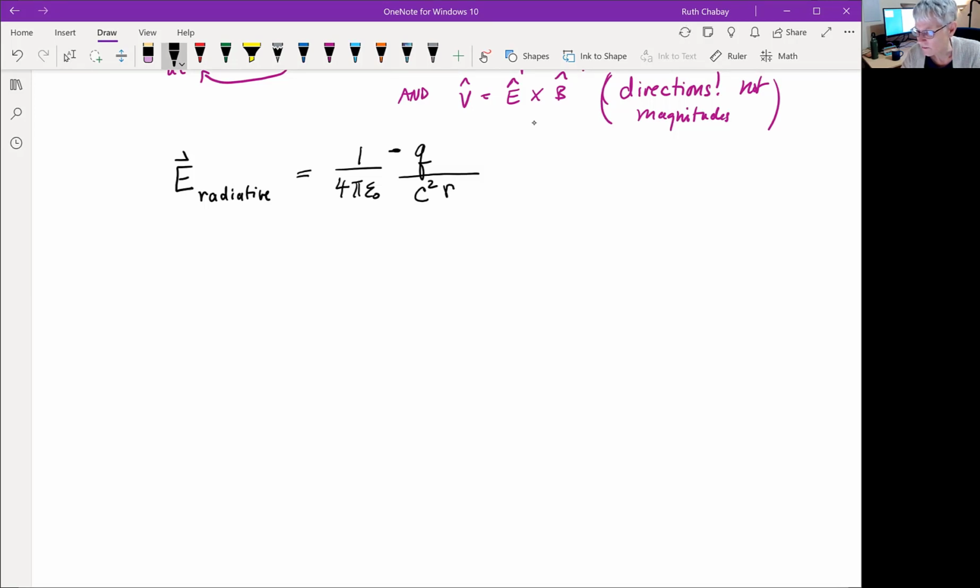And then we have some funny things. We have a minus, okay, we know about minus signs. And there's an a perpendicular, where a is the acceleration. So a is dv dt. We know what everything else is. We know what c is, we know what r is, we know what q and 1 over 4 pi epsilon 0 are. So what is this a perpendicular? Well, a perpendicular is the component of the acceleration